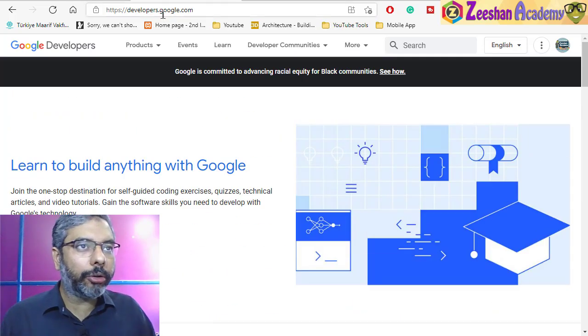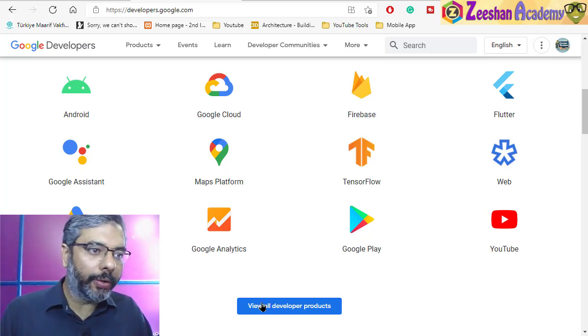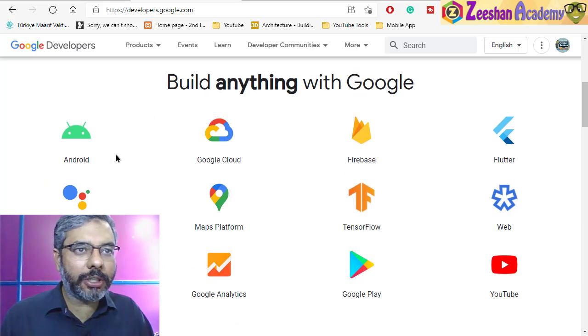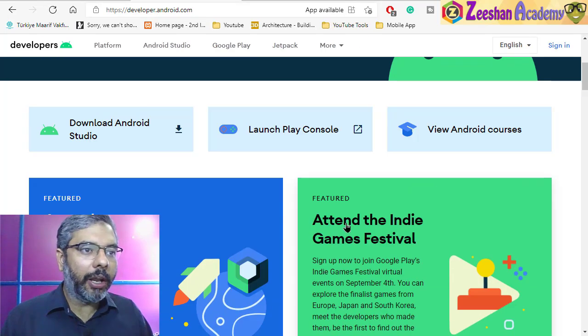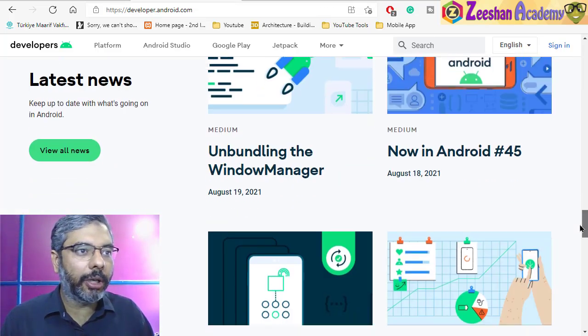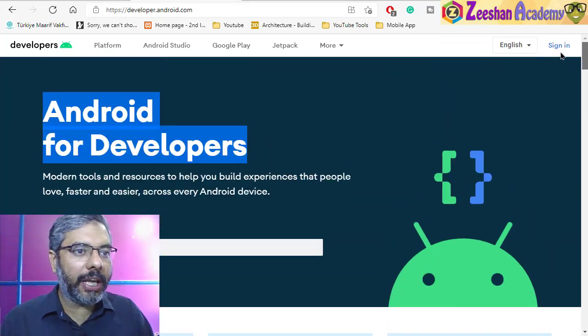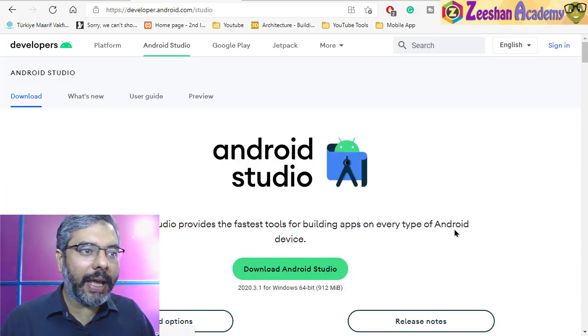Okay, so once we come onto developer.google.com, you will find various different Google products that you can access and download, or you can come here and view all products. For our sake, we are just concerned with Android Studio. So we click here and it will take us to another page that allows us to download Android Studio for the developers edition. If you scroll down, you will find lots of cool features and new additions they have put into this wonderful Studio. Our concern is just the download. So right at the top you will find the Android Studio link. Just click on this button and it will redirect you again to the page where you can download Android Studio for yourselves.